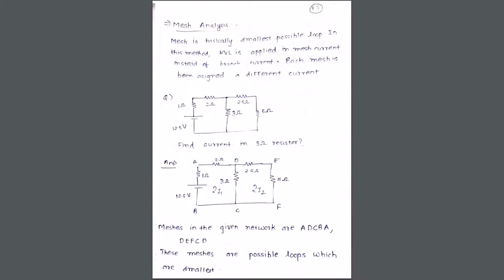So we will learn about different techniques, and depending upon a numerical, we will choose a particular technique. Or if it is given in the question paper that you need to solve a particular question by this technique, like in a university exam, you should be able to do it by that technique. In competitive exams they won't tell you which technique to use, but in that case you should be able to choose a particular technique that we will learn in further classes, through which you will be able to solve the question faster. So I will be taking one technique at a time in each video so that you understand it well.